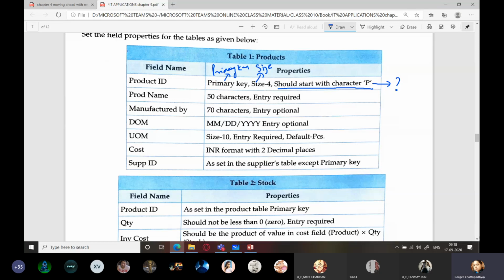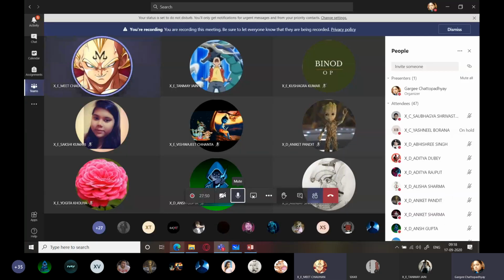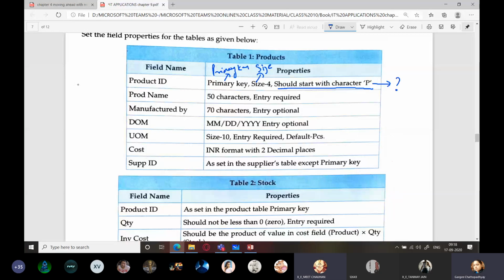Anyone can answer? Ma'am, unique code. No. Input mask. Yes, exactly. Who answered this question? Very good. Arpit. Arpit, very good.